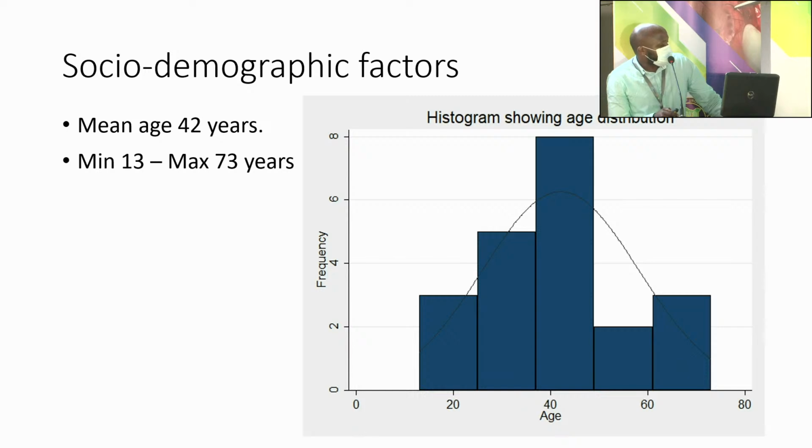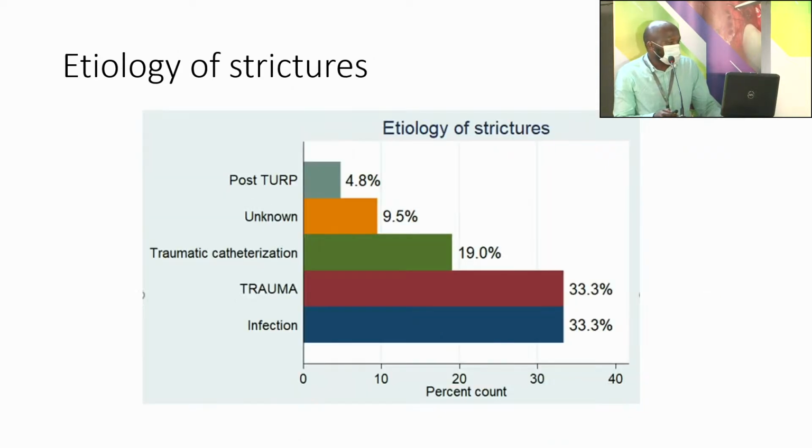Our demographic characteristics: we had a mean age of 42 years, from a minimum of 13 to a maximum of 73. This is consistent with the study done by Otele in 2017, 2018, and also Mugallo in 2013. They found a mean age of strictures to be around 42 years. On etiology, most were bulbar at 57.1%, followed by membranous, penobulbar at 14, bulbar membranous at 9.5, and proximal